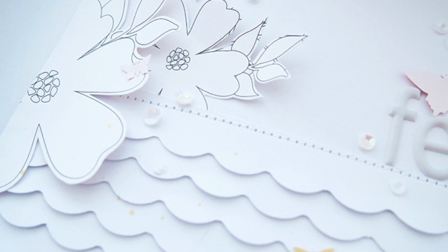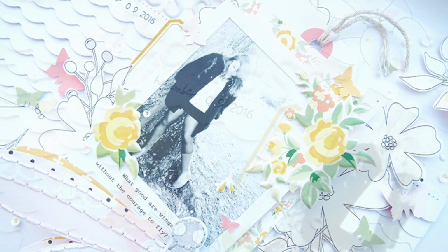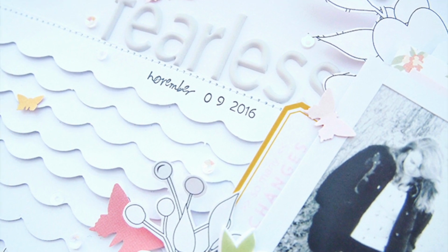Oh, I did use that quote: What good are wings without the courage to fly? And I think I probably put all the journaling in the tag because that was a bit private and angry. So,